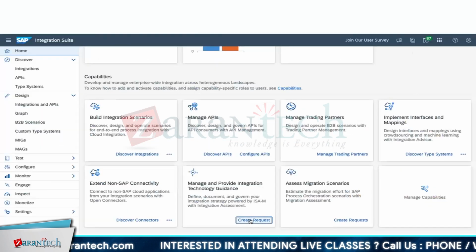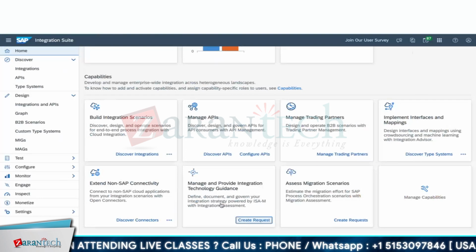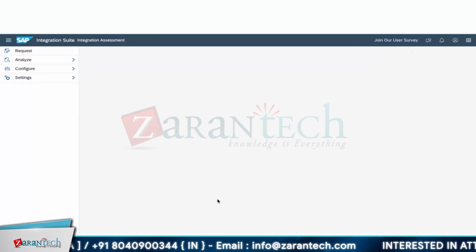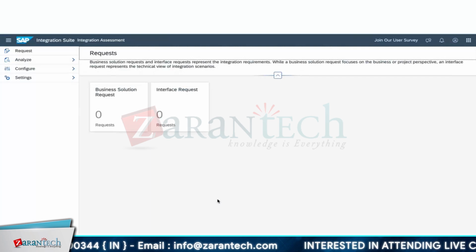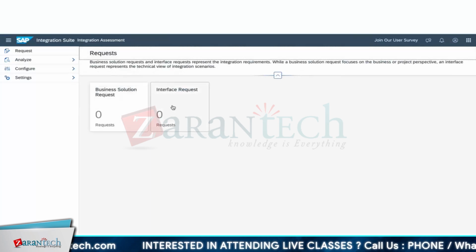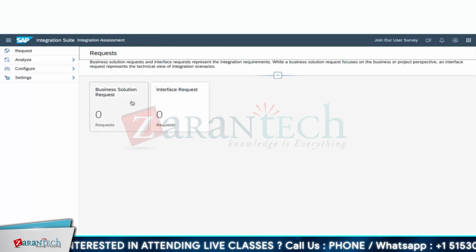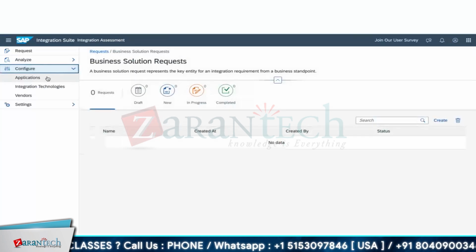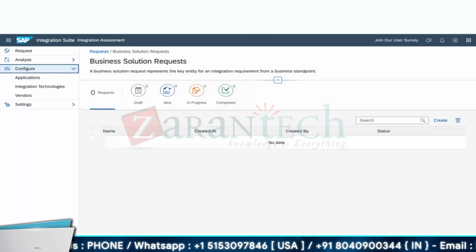You have to create a request for ISAM. So this is something like you need to give some business problem, and based on the business problem, SAP will give some elevated access to access some of the predefined solution, and from there we can take it forward. So this is going to be the integration request. That's not even configured for us because this requires some kind of elevated access.